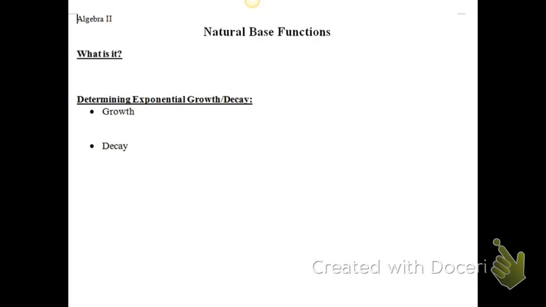In this lesson, we're going to talk about natural base functions, which are all based on a number discovered by Leonhard Euler, a mathematician in the 1700s, that all stems from the following relationship. There's this number where if you take 1 plus 1 over n to the power n, and you plug in large enough n values, so as n goes to infinity, this number converges or gets really close to one specific number, and it's about